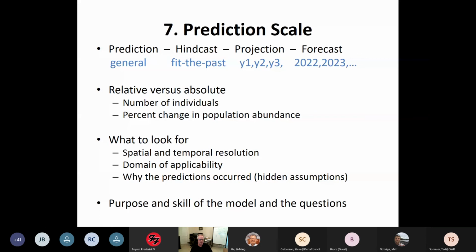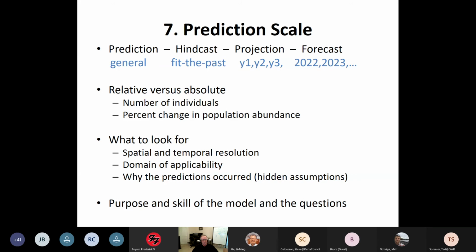We don't have everything that's going to change in 2023 in the model. So it's really not, even though we get a little sloppy with the axis labels, but also look if it's relative versus absolute. Is it the number of individuals in the population or the percent change? I'd say all these kind of models do much better on percent change because it's to their baseline rather than to the baseline that's in nature. Of interest on an endangered species is also how many individuals are there. So you have to be careful how you interpret any of these results.